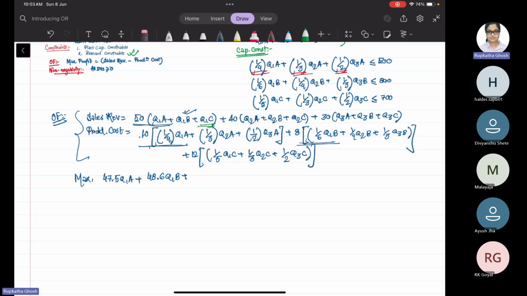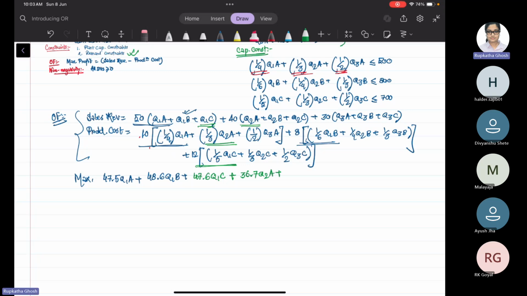Where do you have Q1C here? This is 2.4, right? So 50 minus 2.4 is 47.6 Q1C, plus 40 Q2A minus 3.33 Q2A. So let's say 3.3, so 36.7